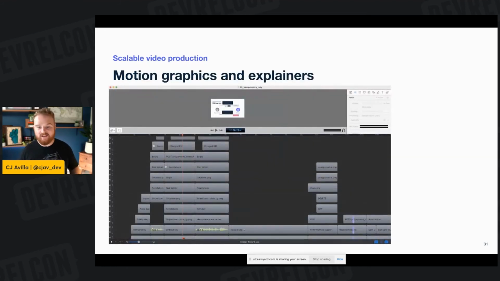All right, so it can be really helpful when you're building your motion graphics and explainers to start with some static slides. This is actually where most of the work gets jam-packed, building out these motion graphics and explainers. If you start with these static slides, you can really start to bring your story to life, and bring your explainer to life by moving things around. ScreenFlow in particular supports keyframe animation. It's kind of like Flash back in the day, where you can take some object on the screen and transform it into some other end state, and it'll animate across the screen. We really like using these basic keyframe animations.